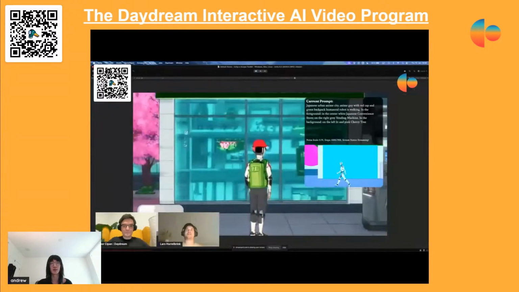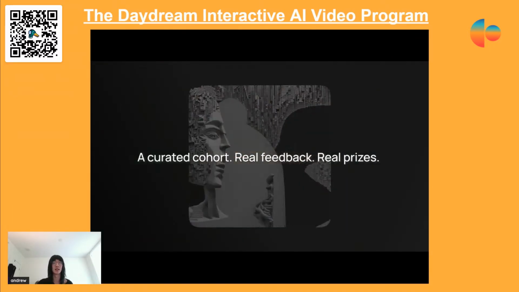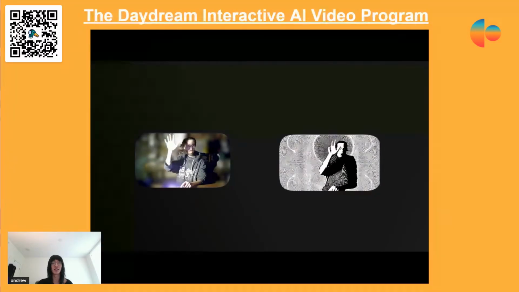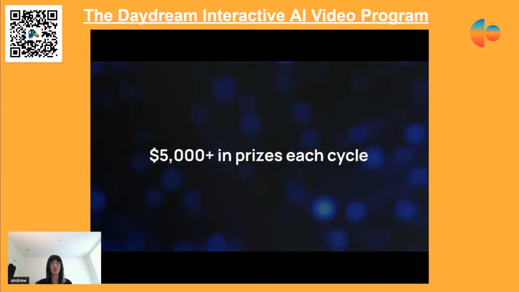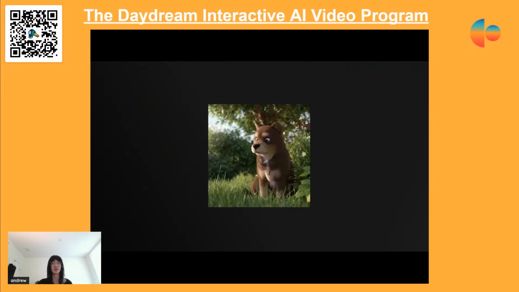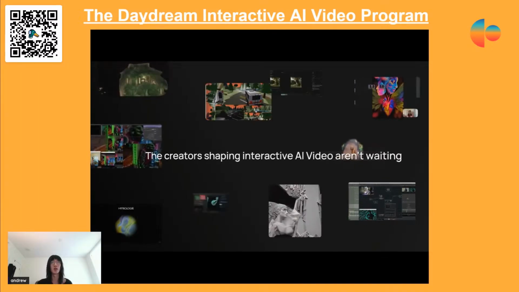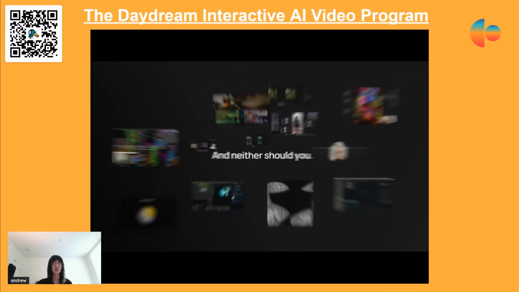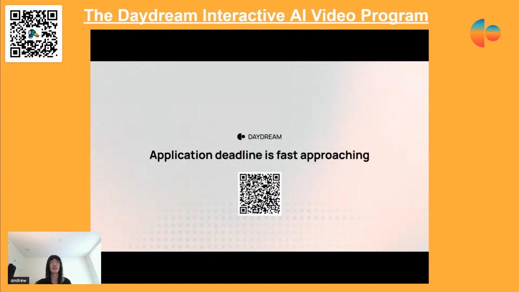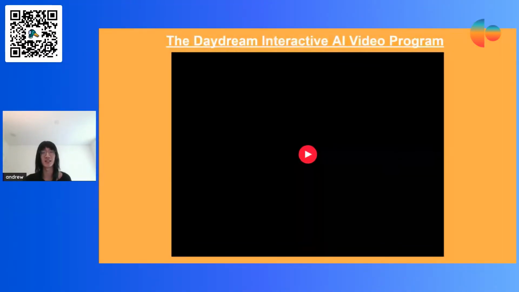I personally have been working on it. If you want to check out what I've been doing, you can check out the community hub to see my progress, but it's really interesting stuff. I think that, if you're trying to get into more video AI generation that's real time and more cohesive and less abstract or less laggy or stuttery, the Daydream Interactive AI video program is a great place to start.